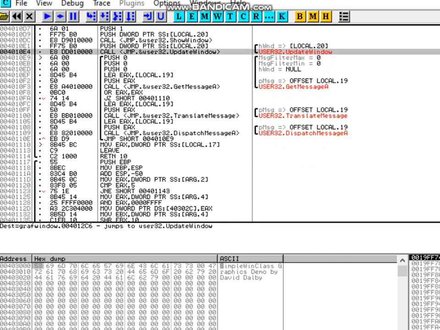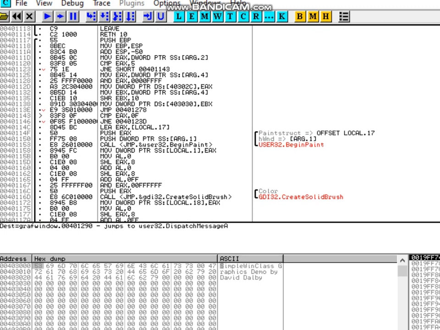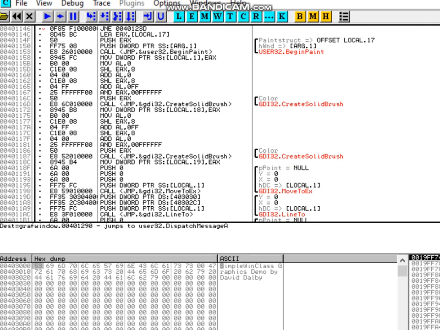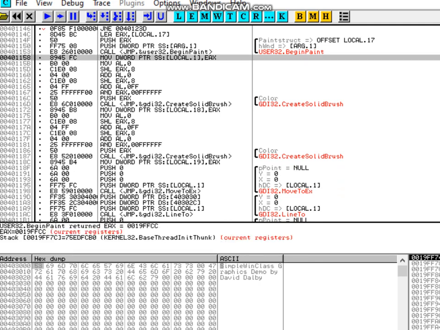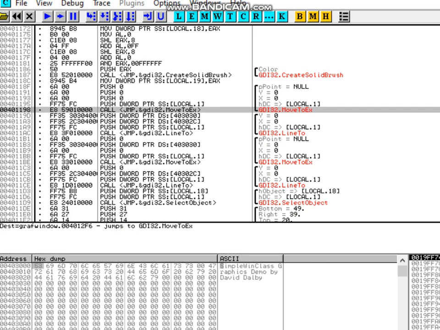Then we come down to UpdateWindow. Then we move into the GetMessage, TranslateMessage, DispatchMessage here for ASCII. And then we jump down to the subroutine: BeginPaint, user32, CreateSolidBrush from the colour, create another solid brush, MoveToEx. Now we're on the GDI library: LineTo, move to the next point, LineTo, SelectObject,